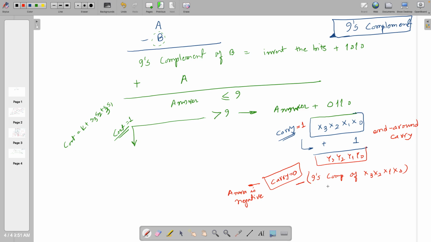And how to take the 9's complement of x3, x2, x1, x0? You have to invert the bits of x3, x2, x1, x0 and plus 1010. So whatever number is coming, that's the subtraction between A and B